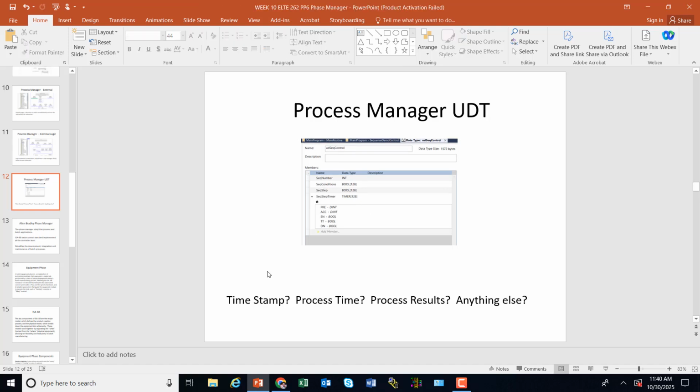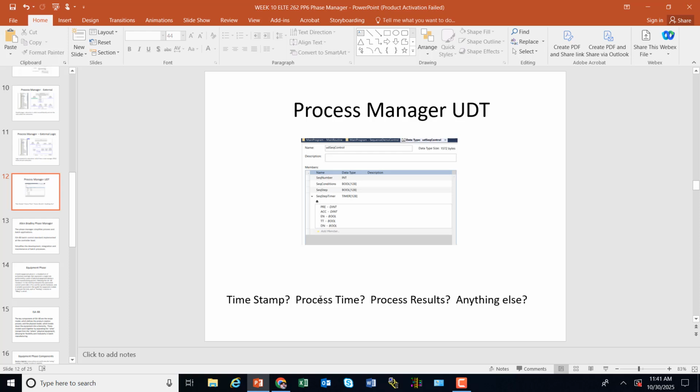Now, what else would you want to do? Yeah, I asked you in that last one to put the timestamp, so maybe when you start that sequence, you could stamp the time on it. And we'll come back to this because this week you might have some time. So if you're running ahead and you want to come back to that part C, I might want you to throw in the timestamp here. Or how about the process time? How much time is it spending in that certain step? That might be very interesting to know